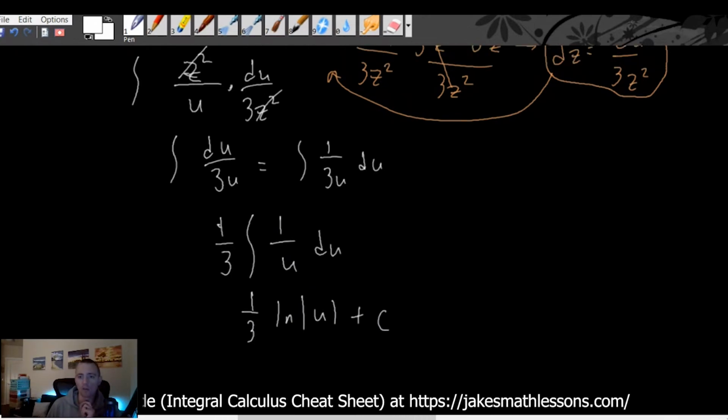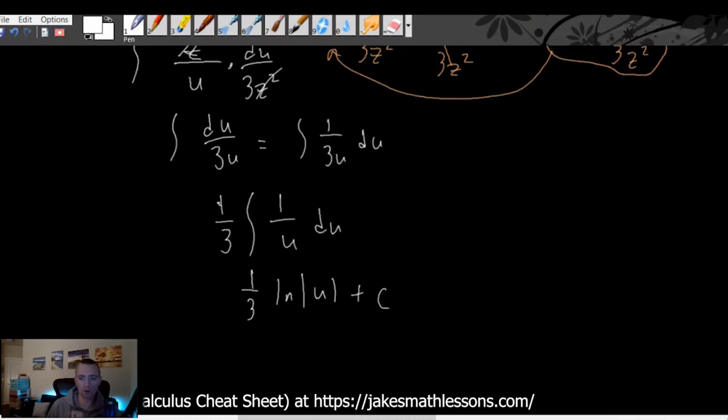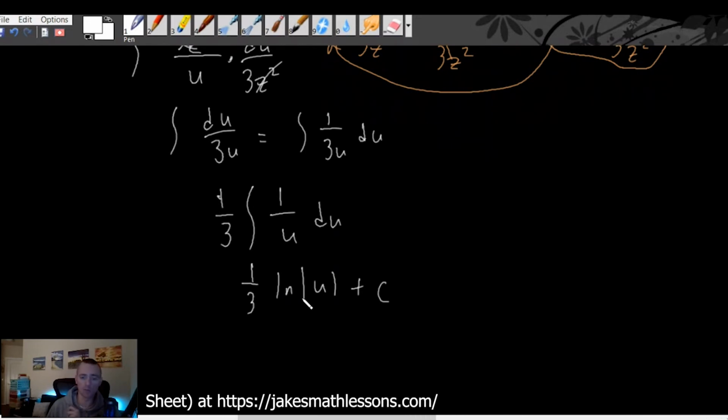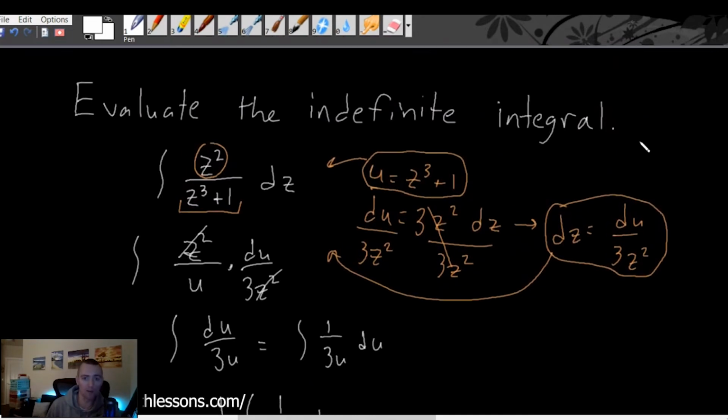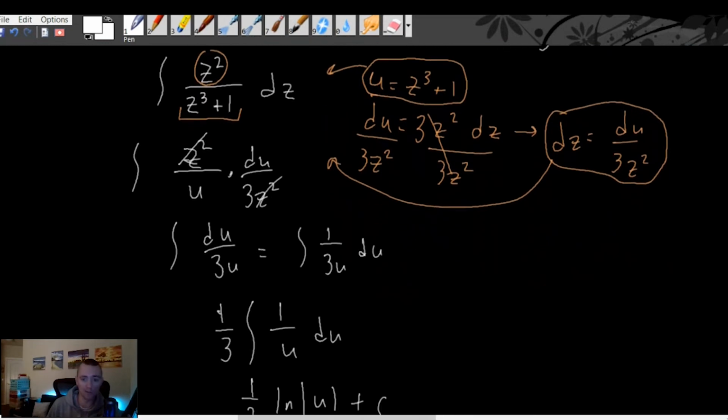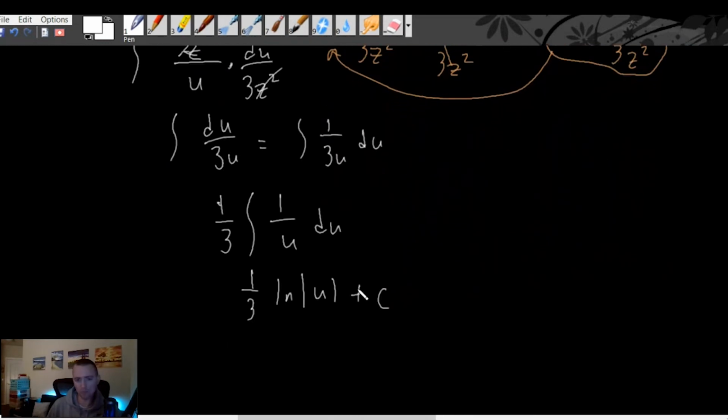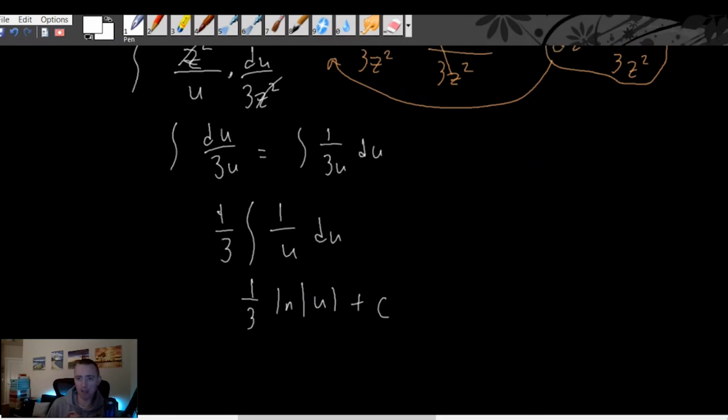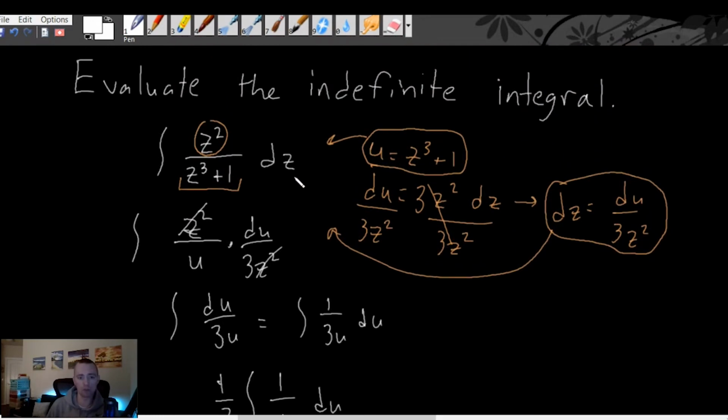Now there is a little bit more to do here, because what we've done is we've just integrated with respect to u. We've basically just converted this problem into some new variable, which we just made up, right? The original function was in terms of z. We basically just made up a new variable u and plugged it in there and integrated, which is great because it made the integration a lot easier. However, 1/3 ln of u plus c makes absolutely no sense in terms of the original problem we were given that only had z's in it. The u we just kind of artificially put in there to make our integration easier. So what we need to do now is